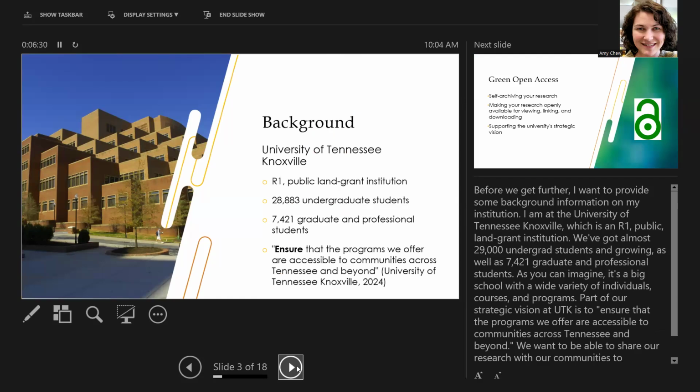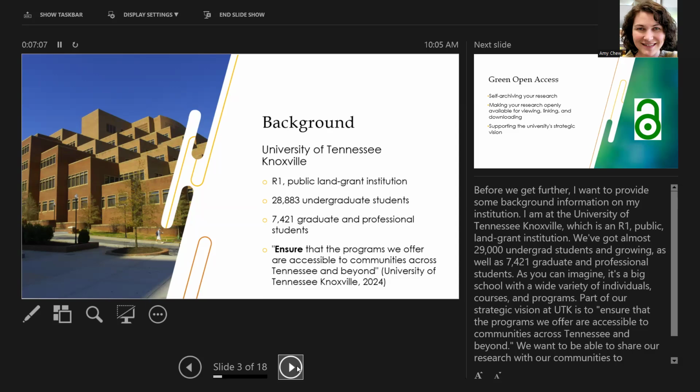So as I mentioned, I'm at the University of Tennessee Knoxville. It's an R1, a flagship institution in Tennessee. It's also a public land grant institution, which is really important to the mission. The University of Tennessee Knoxville is really focused on making sure that things are going great for Tennesseans specifically, and making sure they have access to local resources, to research. There's an extension program where there are different places located all throughout the state where people can go and learn for free about all these different educational resources and things that we have for them.